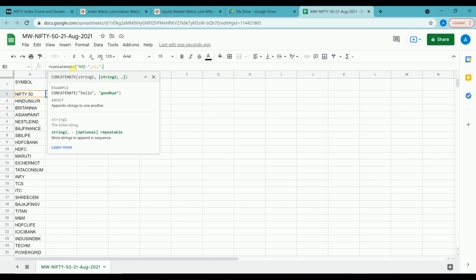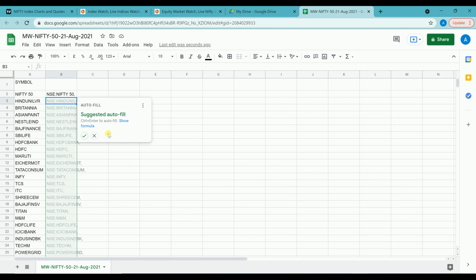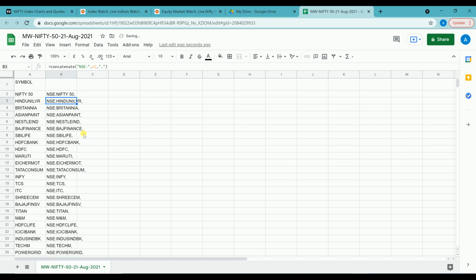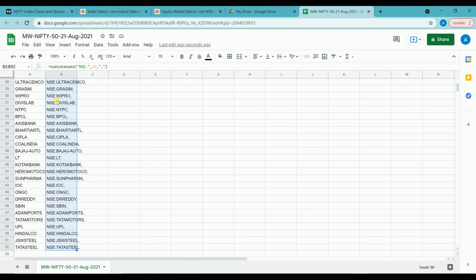Then a comma, close that. One thing about Google Sheets is the suggested autofill. You can just click it and it will enter it to the entire column. You go on to the first symbol, Control Shift down, Control C to copy everything, and now you go to the TradingView website.